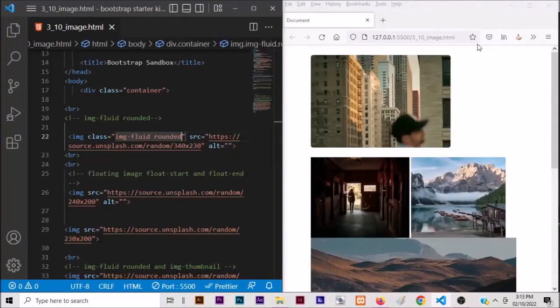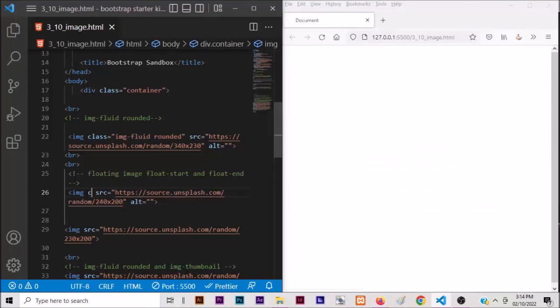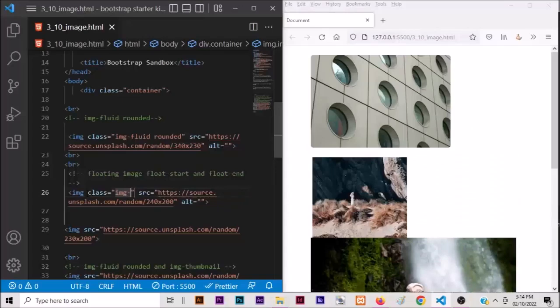You can see the image. The first image now has a rounded radius on the edge of the four squares. You can see the image beneath here has a sharp edge. So that is what rounded does to this particular image element. So let's check out the second image. Let's add a class img fluid,